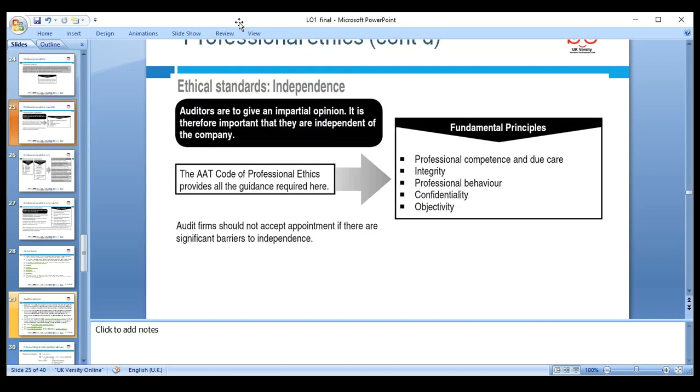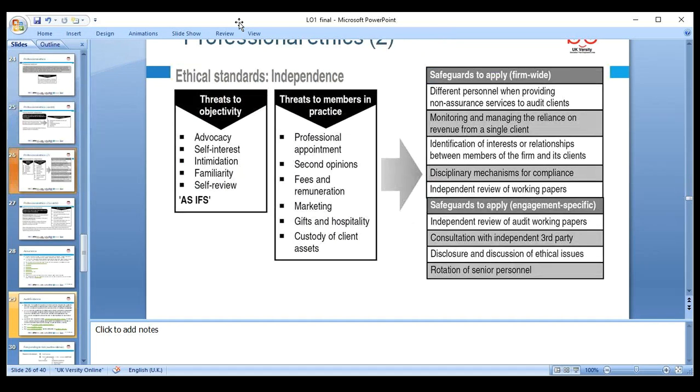Okay, the ethical standards we discussed, we need to follow. We discussed the five professional codes of ethics. We have five threats: self-interest, advocacy, giving to clients, and self-review, such as looking at the accounts and also doing the audit. We should try to minimize the threats to members, draw the professional line, and have safeguards in place.